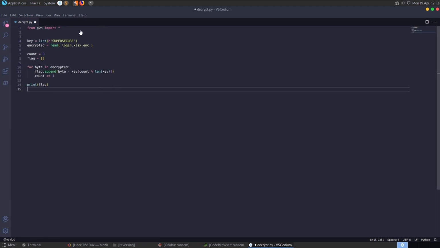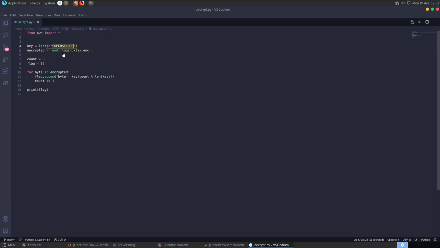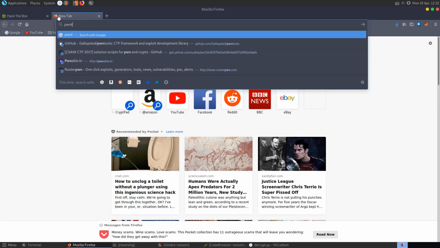And it's a very simple script. So we have our key here, which we know is super secure. We have our file, which we're reading in. I imported Pwn Tools here just so you can use this read and write function. In fact, let me quickly go to